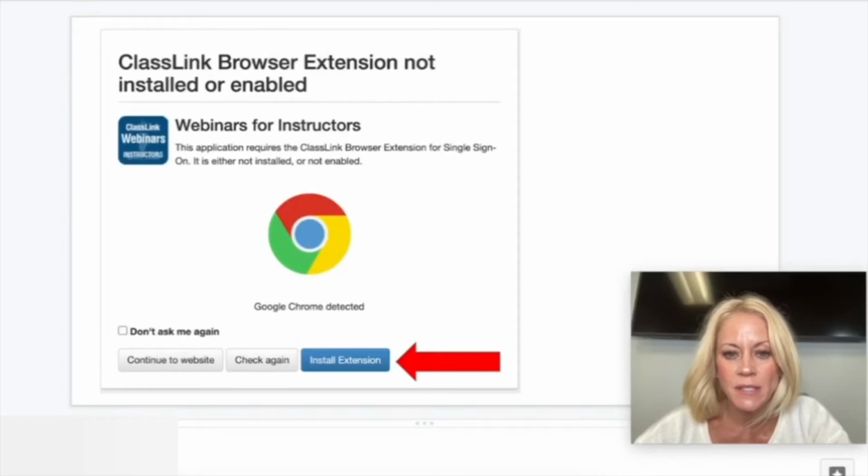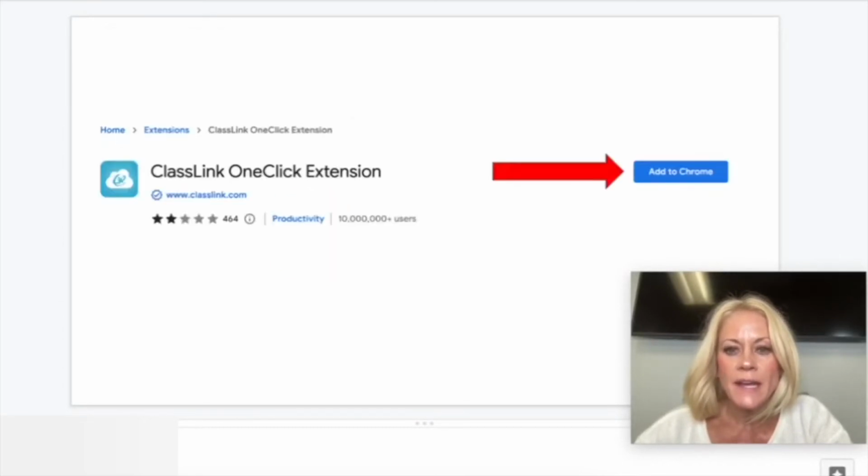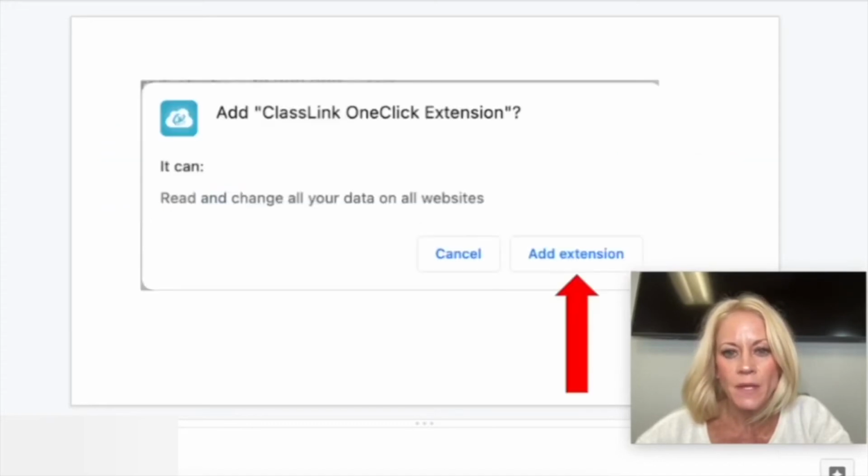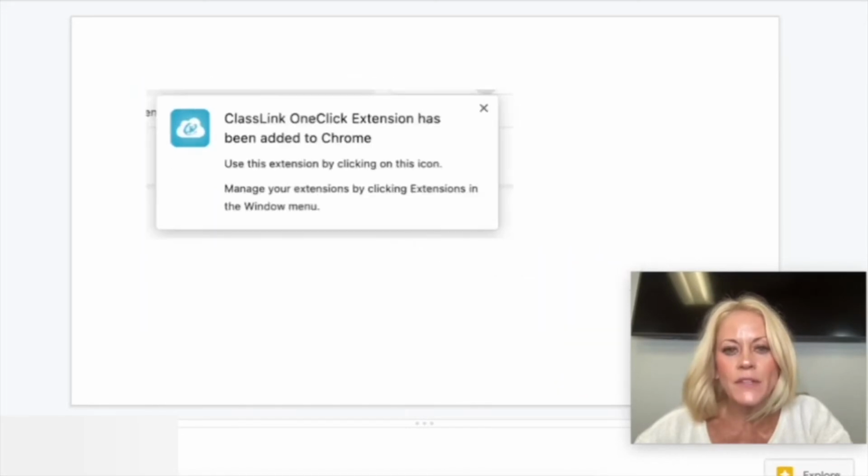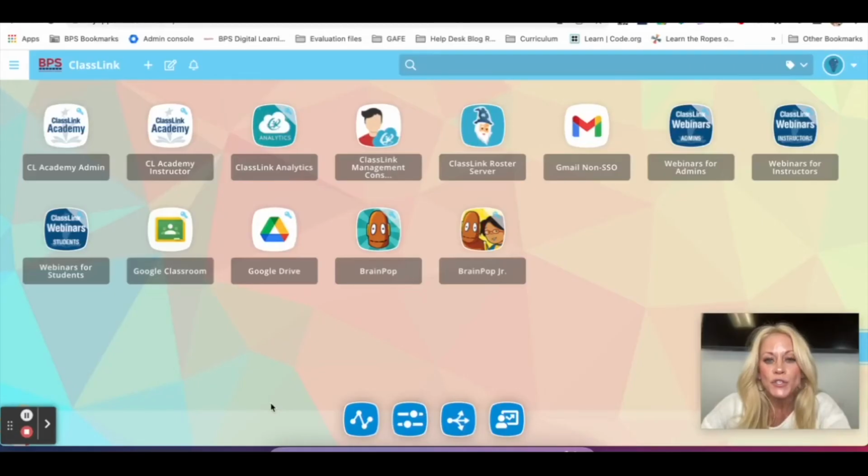As you can see here, that red arrow is pointing to what you will click first. Next, you are going to click the blue Add to Chrome button. Then you will click on Add Extension, and then you will see up at the top that the Classlink one-click extension has been added to Chrome. But once you're here, you'll notice there are Classlink